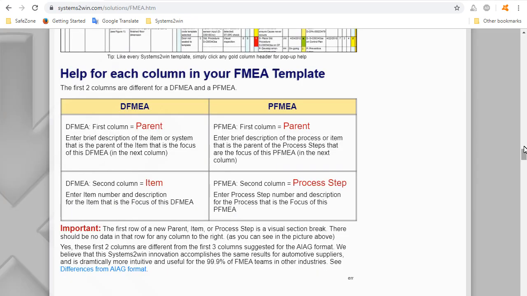And before moving to the template itself, here on the training page, let me point out just a couple more things. One is that from now on in our samples and demonstrations, we're going to assume that you are using a PFMEA because that's what 95% of our users are using.